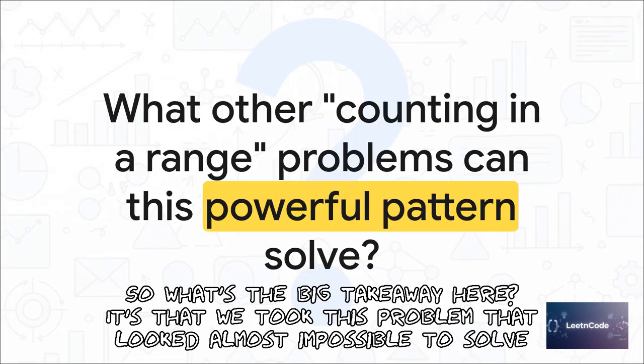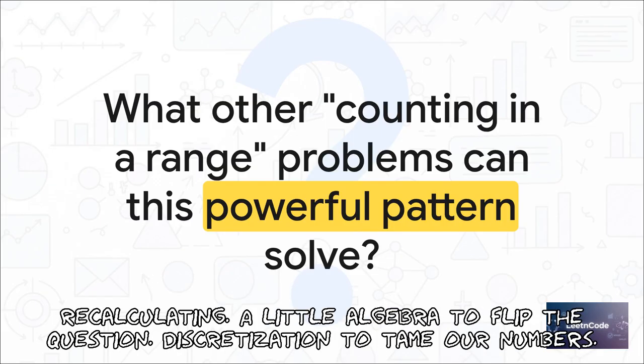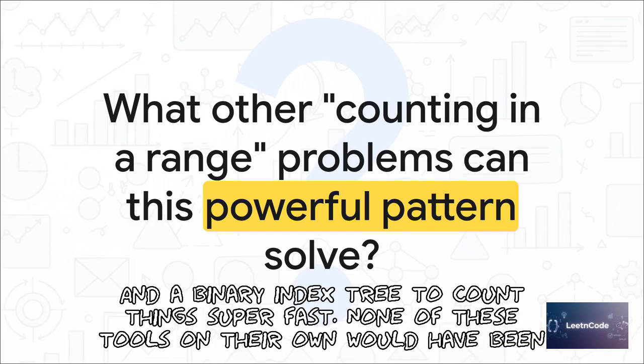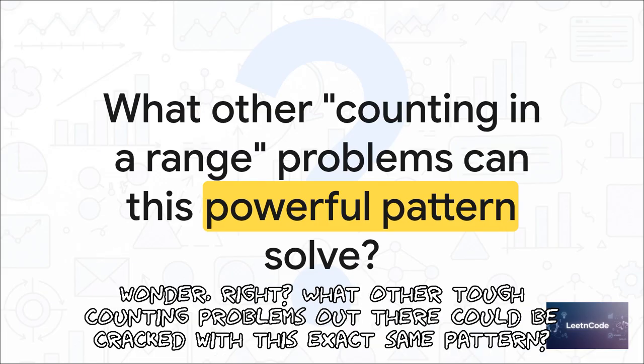So what's the big takeaway here? It's that we took this problem that looked almost impossible to solve efficiently, and we broke it down. We layered one clever idea on top of another. Prefix sums to stop recalculating, a little algebra to flip the question, discretization to tame our numbers, and a binary index tree to count things super fast. None of these tools on their own would have been enough, but together they create this really elegant and powerful solution, which kind of makes you wonder, right? What other tough counting problems out there could be cracked with